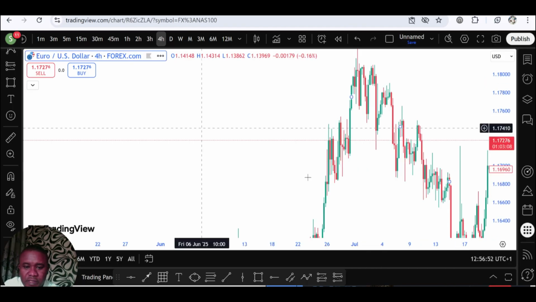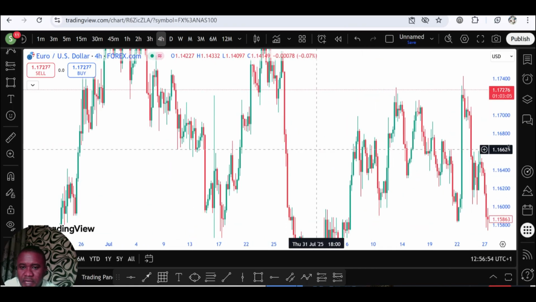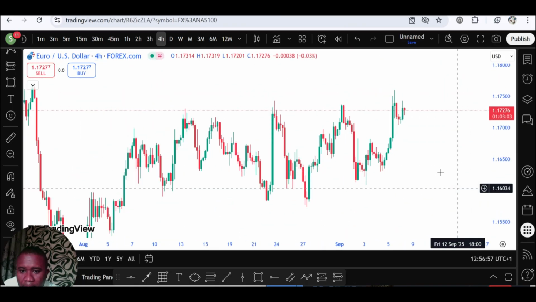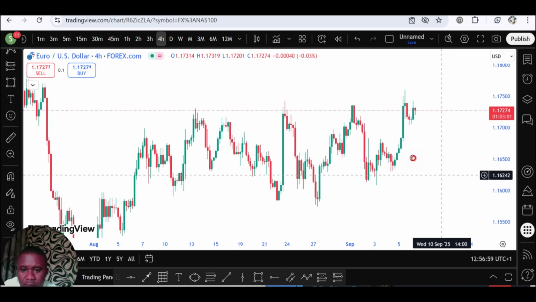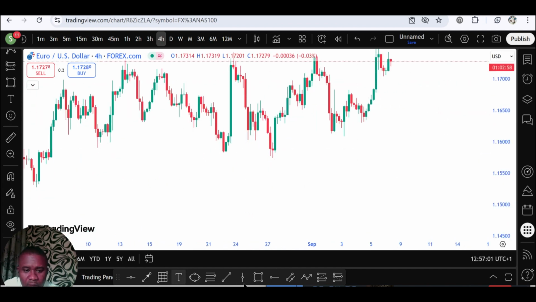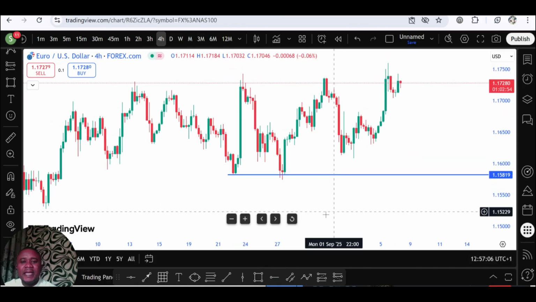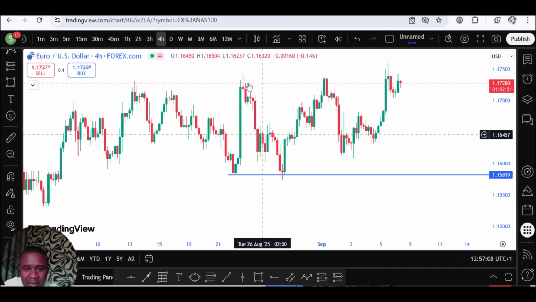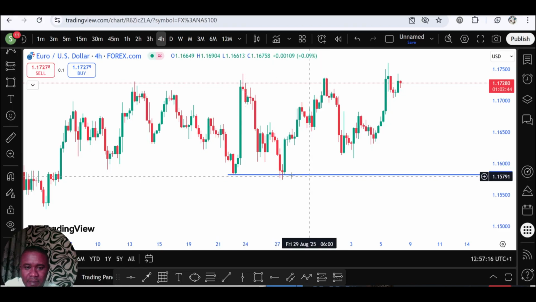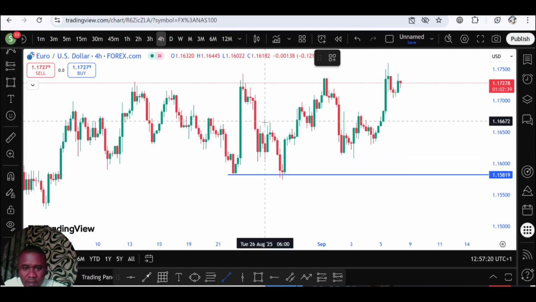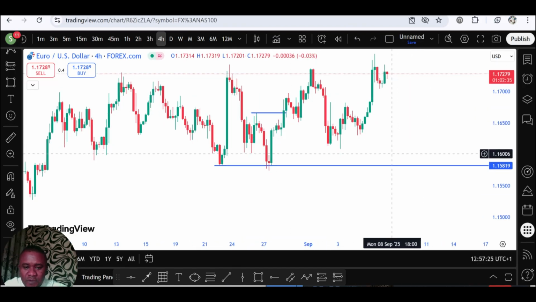This is EURUSD. Let's check EURUSD. Look at what happened here. This is the one I like taking the most. The market was making lower lows and lower highs, and the market took out sell-side liquidity, and price gave us a market structure shift here. After the market structure shift,